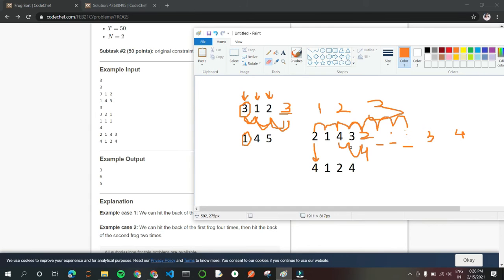So this 3 will reach here. Now again we have to make this 4 jump. This 4 is here, and the number of steps it will take is 2. So 1 and 2, it will come here.